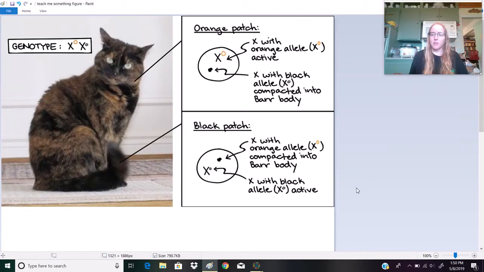In this video is X inactivation and how it contributes to the formation of bar bodies. X inactivation, which is sometimes called lionization after the woman who first discovered it, is where one of the two X chromosomes in a female is shut down and compressed into a bar body, which is a dense clump of